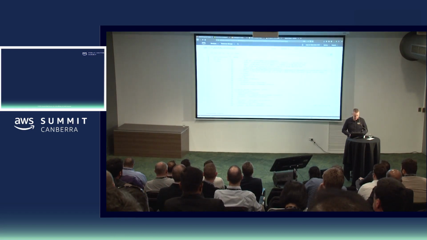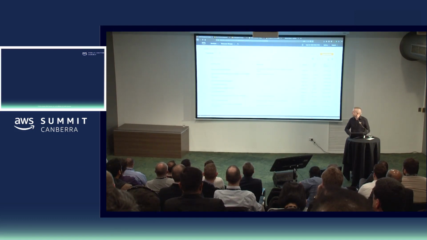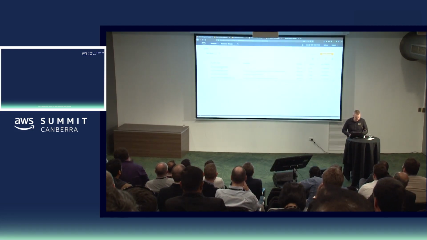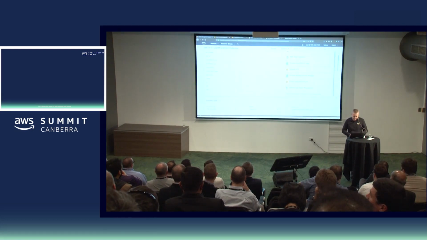As I mentioned, it takes a few Lambda functions to get set up, and they're all in the CloudFormation template. These are all the Lambda functions that are required to get it running. We'll just drill down on one here and have a look at what it's doing. So it's starting up the instance and getting the user data out, exporting. Cool.